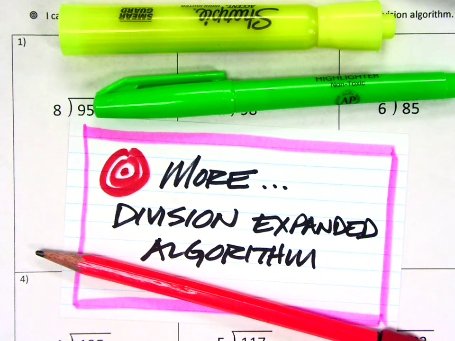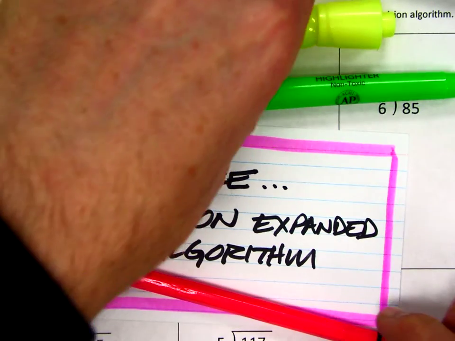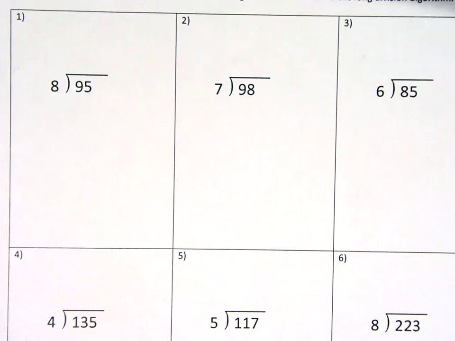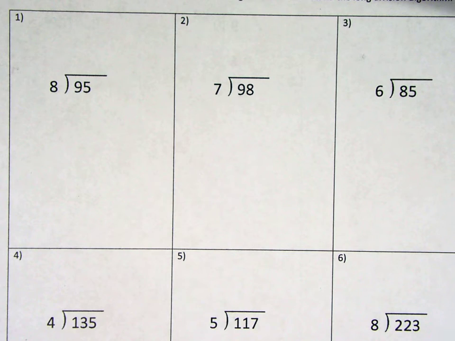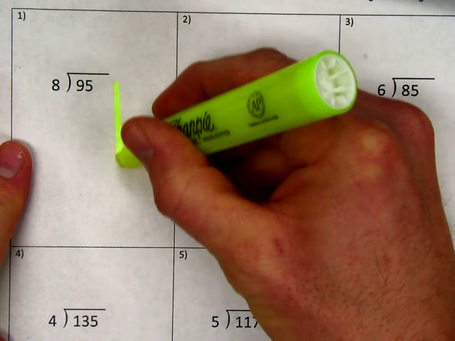Hi, this is Aaron Holmberg at Corvallis Middle School, and this video is to demonstrate how to do the division expanded algorithm as a means of understanding the long division algorithm that is the expectation for the unit. So this is just a worksheet in class that students will be using, and it's important that parents understand as they look at this, and maybe students understand as they are still practicing it, that the purpose of this is